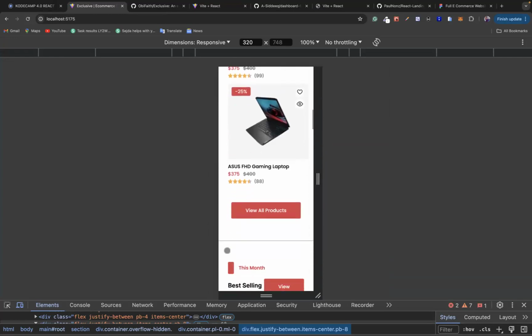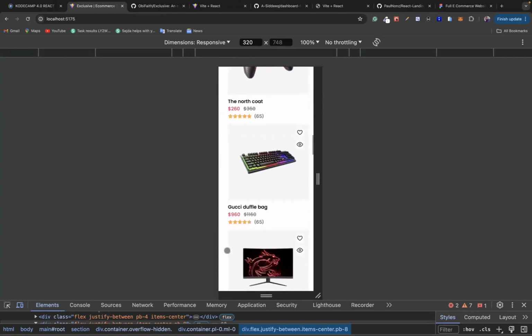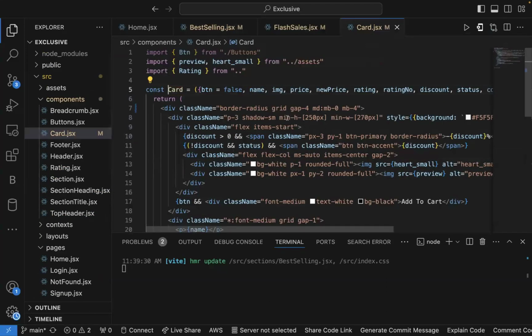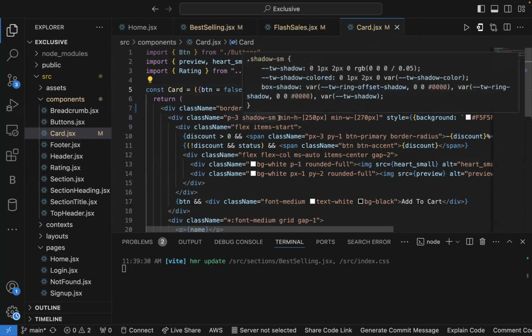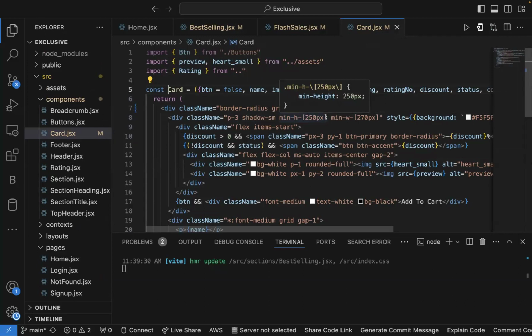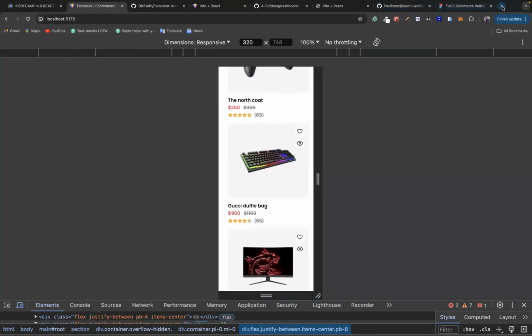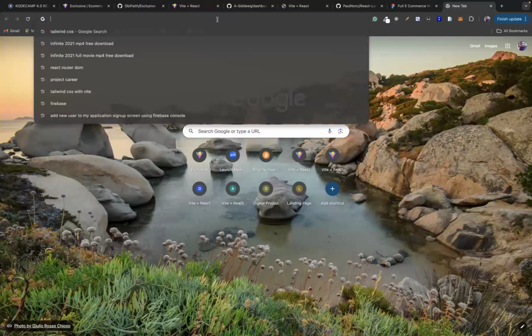So that can be caused by the size of the card. So let's see the card. Good. So this is possibly where the issue is coming from. So when you are giving width, try to use Tailwind, utilize Tailwind's capabilities. So you see that for Tailwind,